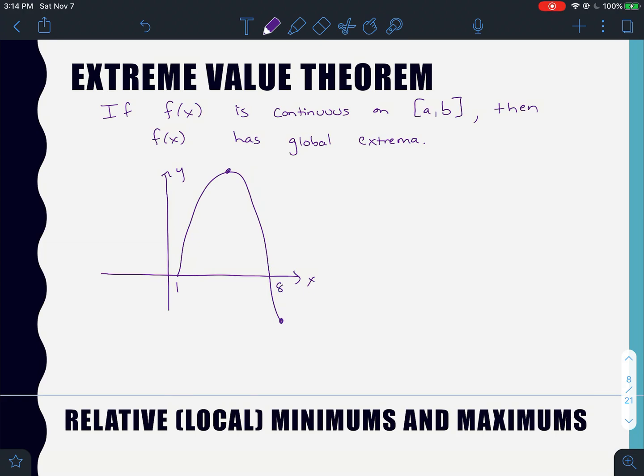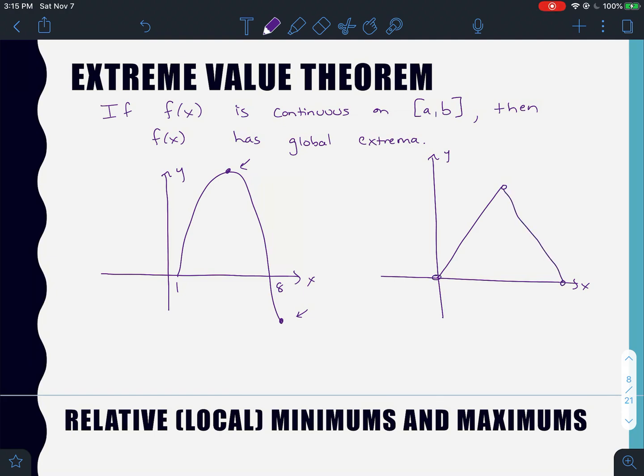So if this is my function, then on that interval, we can just call this from 1 to 8, it has a highest high point and a lowest low point. So as long as the function's continuous, there are no holes, jumps, or asymptotes, you're going to have a highest high and a lowest low point. Now,